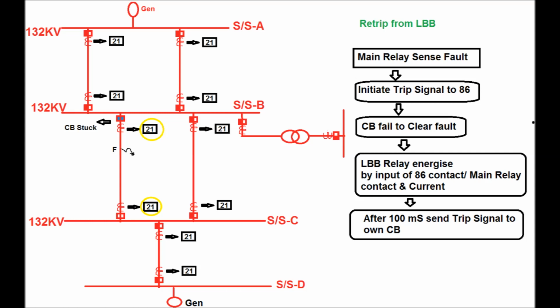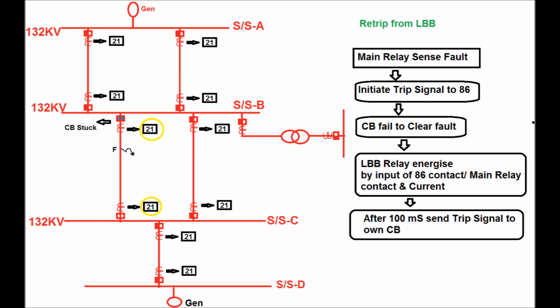Now, the circuit breaker will clear the fault as the circuit breaker TC1 and TC2 get the positive signal from the main relay. If the circuit breaker fails to clear the fault due to breaker pole stuck, then the LBB or local breaker backup protection relay will energize by means of the input signal from the 86 relay contact or the main relay contact. That is, for feeder protection it is from the distance relay contact, and for transformer it is from the differential relay contact. And also the current